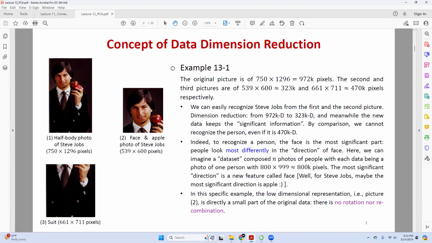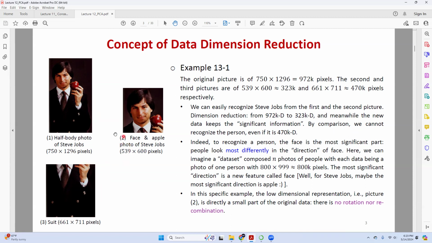First of all, if I ask you about this picture, who's this guy? Steve Jobs. Everybody knows it. Number two, who's this guy? Steve Jobs. And you see, to show a person, the most important thing is what? The face, right? By comparison, if I give you the third picture, who's this guy? Who knows? It can be you, can be me, can be anybody. Even if I ask you for the gender, this may not be that easy to say. You cannot say it's male because I wear the suit or because my hand looks this way. It can be a female as well. It's very difficult to see.